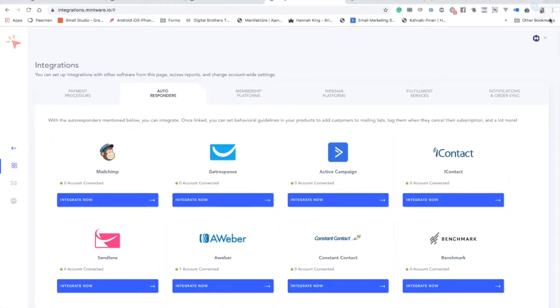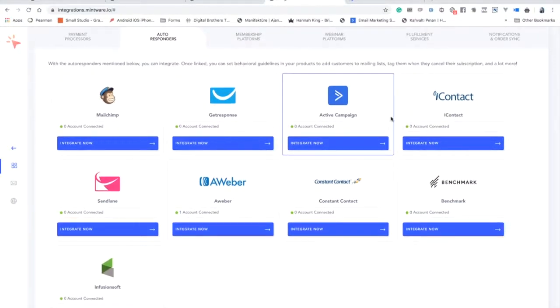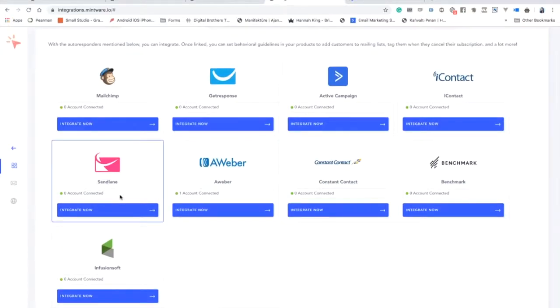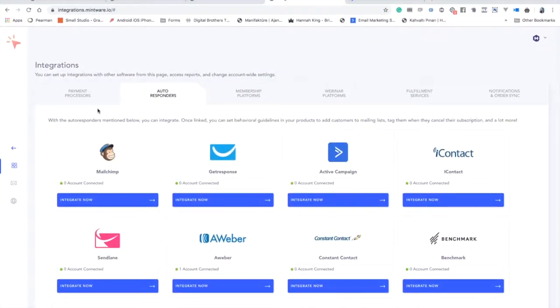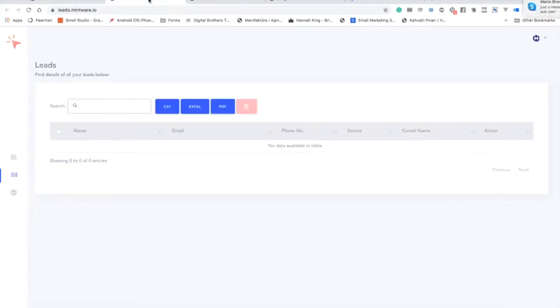You can connect all your autoresponders, MailChimp, GetResponse, ActiveCampaign, iContact, Benchmark, Constant Contact, Infusionsoft, Sendlane, and you can connect your Zapier as well. So we have the centralized custom domain integration option,